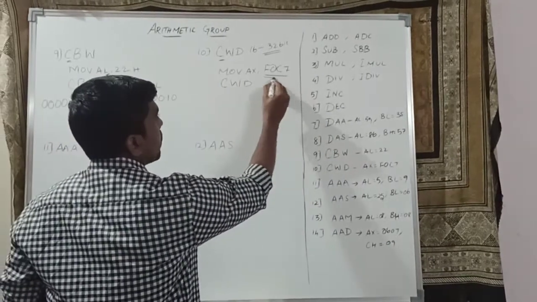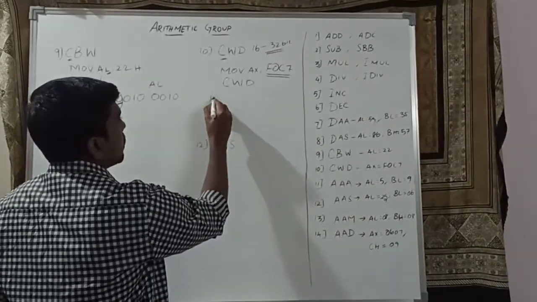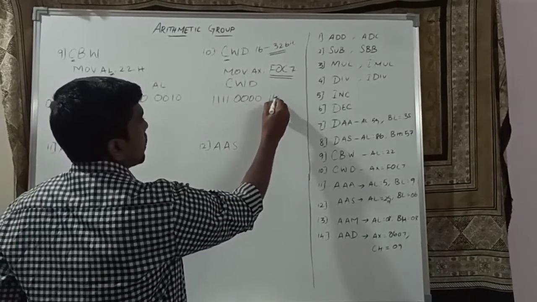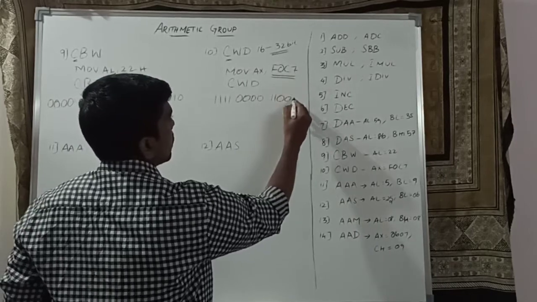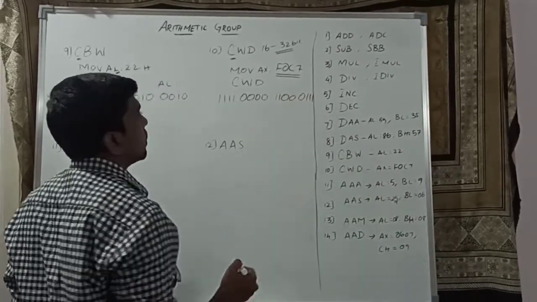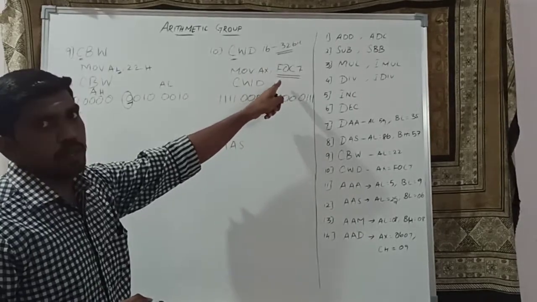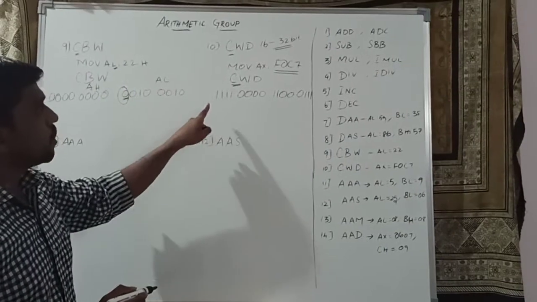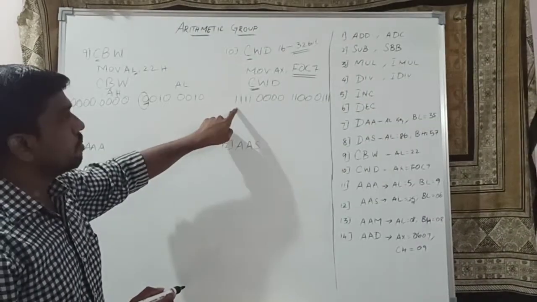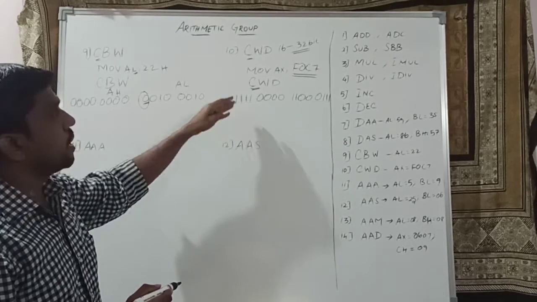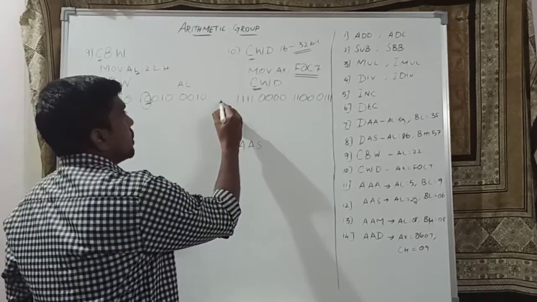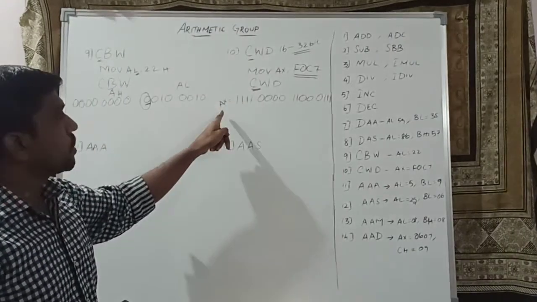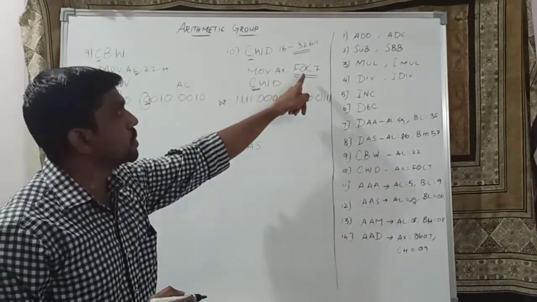First you write the binary number for this number: 1111 0000, C represents 1100, then 0111. It's the binary number for the given immediate value F0C7. In this instruction, whatever value is present in the sign bit, this content is copied and pasted to the next register. So in this instruction we have two registers. The first register is AX, value F0C7.